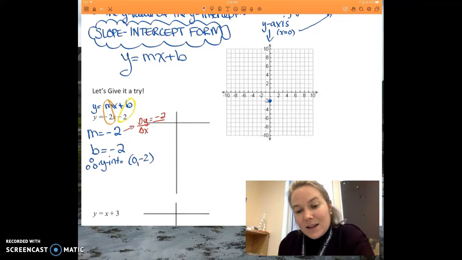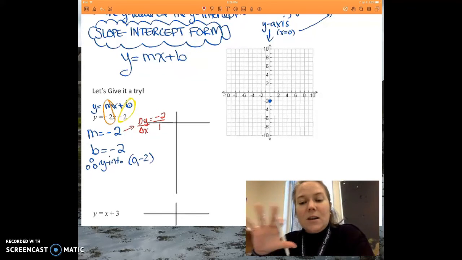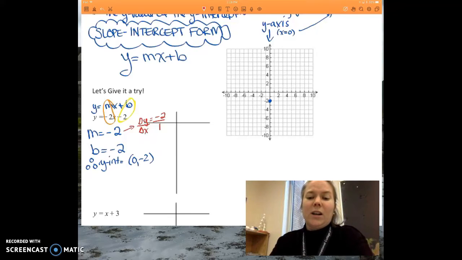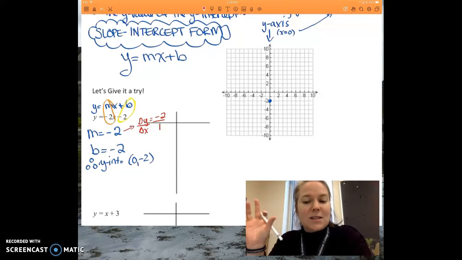What's delta x going to be? It's going to be 1. Remember, any whole number can be written as a fraction over 1. So if I have 5, it's the same as 5 over 1. If I have negative 100, it's the same as negative 100 over 1. They're the same thing. So anytime you see that slope value and there's no fraction involved, you just put it